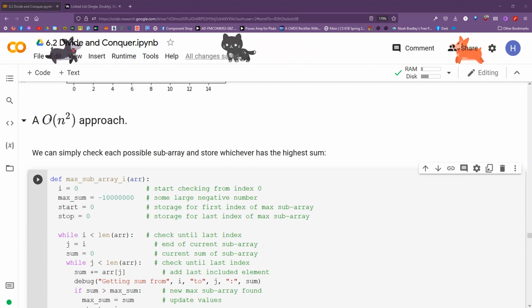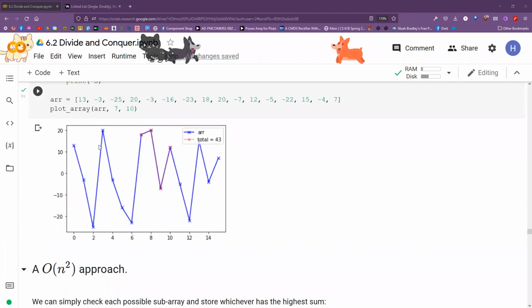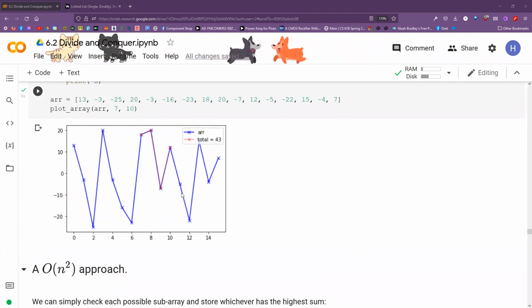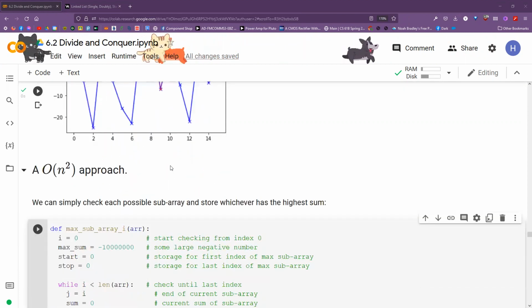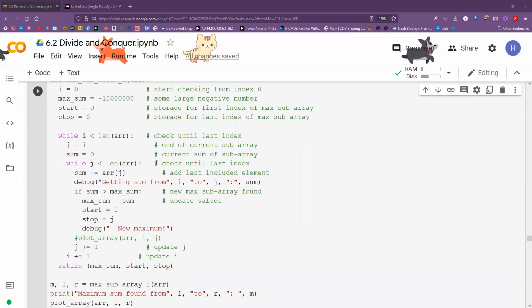So here we have an O of n squared approach wherein we check for each combination of start and end in a subarray and compare lang natin kung alin yung may pinakamalaking total. So we first start at i equals 0, then j equals i. So isa-isa lang natin, getting yung sum from i to j. And then si j mag-increment from